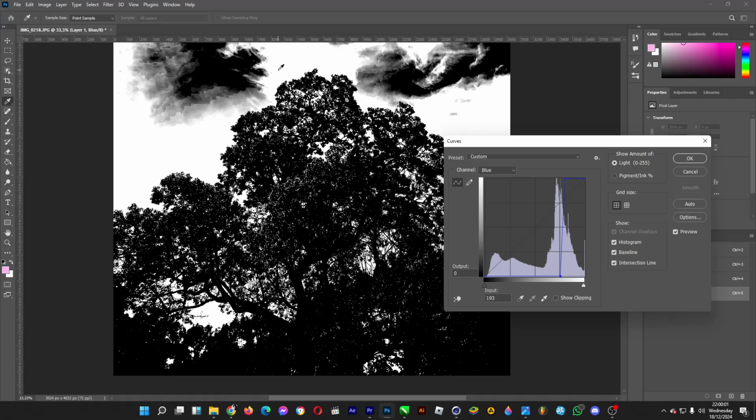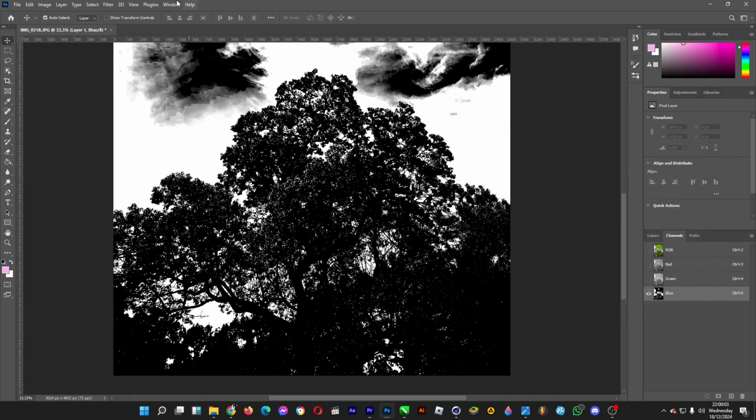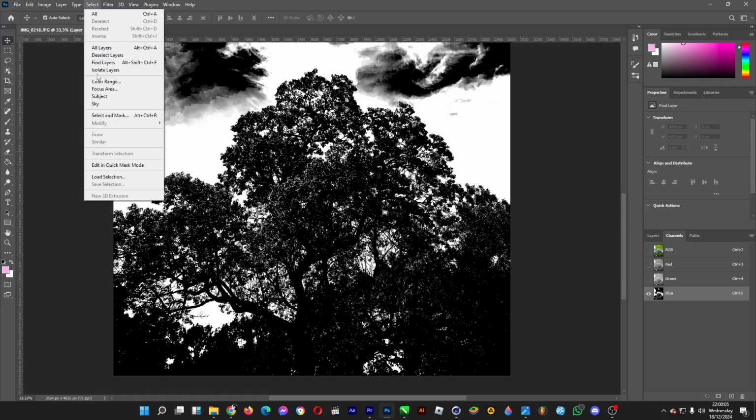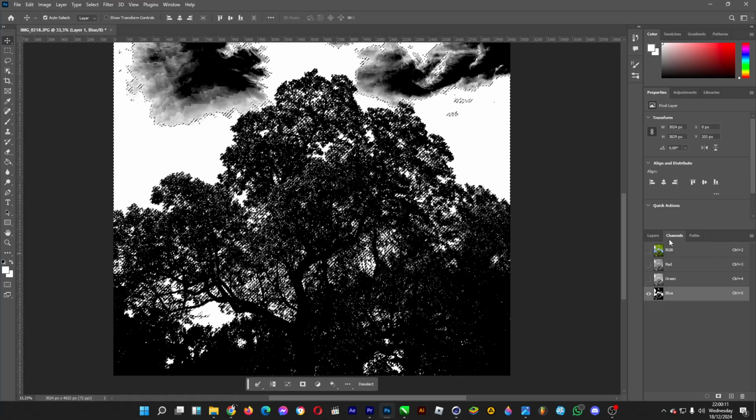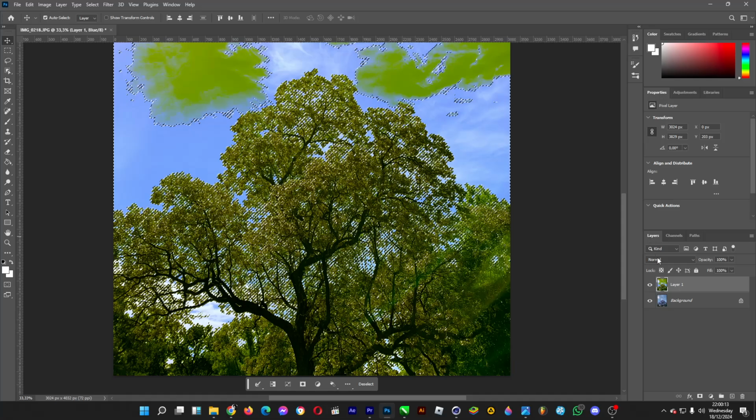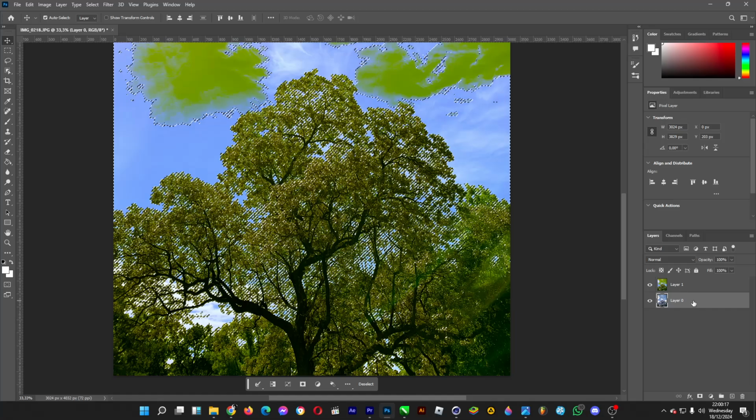area for the background, and then click on OK, and then afterwards click on select color range and then select the white one, click on the white area and then click on OK. Afterwards you select all of the channels, and then for this double click OK, and then hit the delete button,